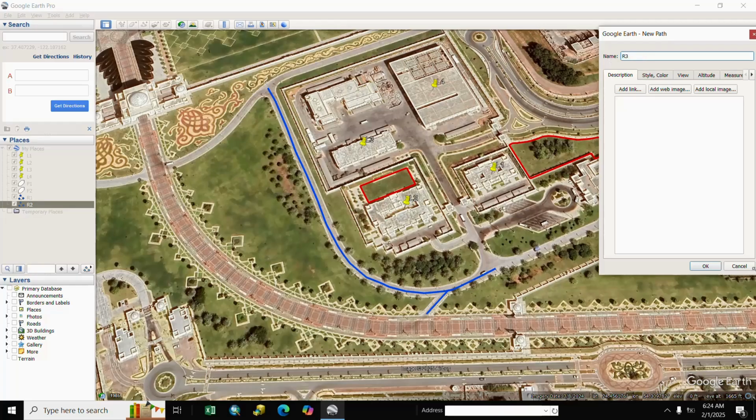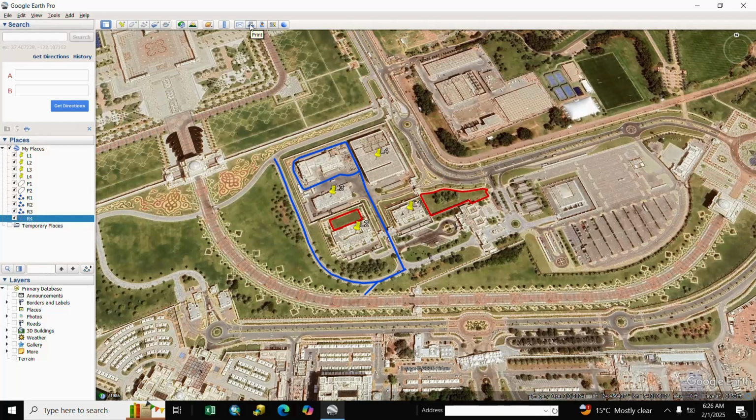R3, OK. Next R4 and OK. After capturing we go to the pen.